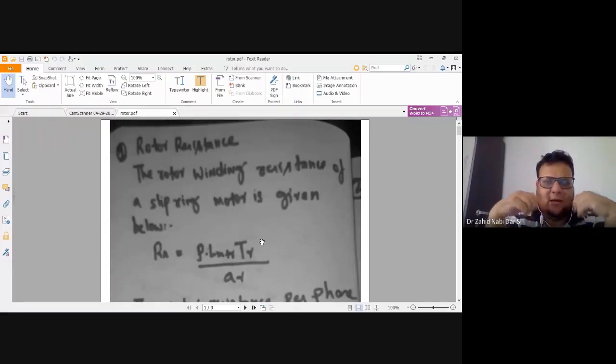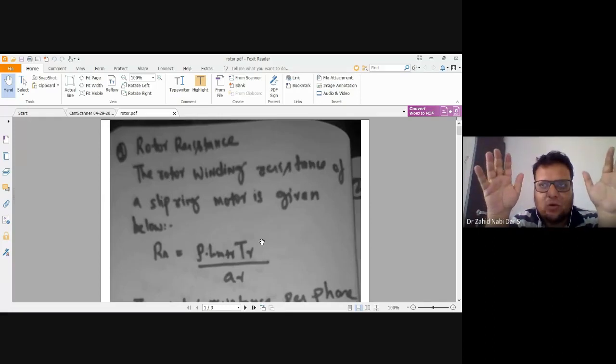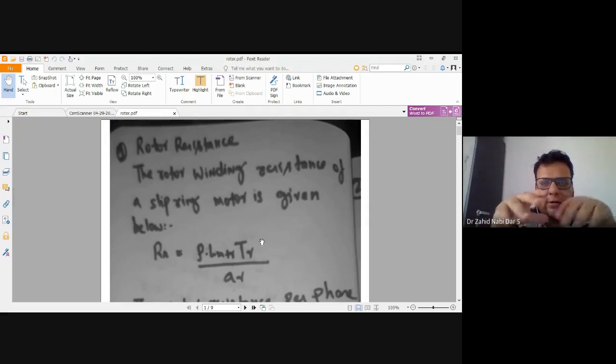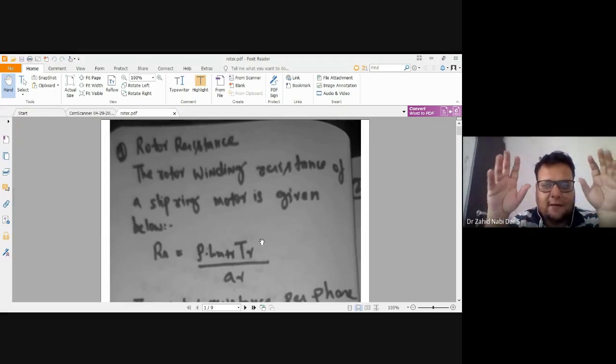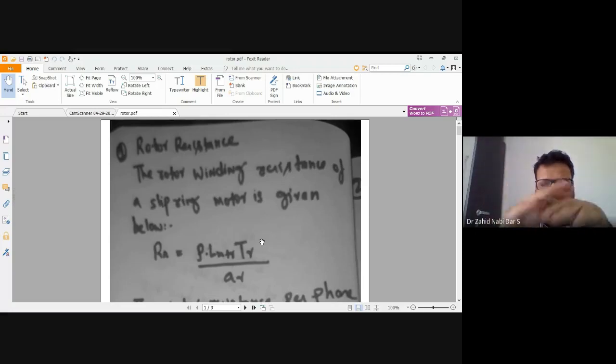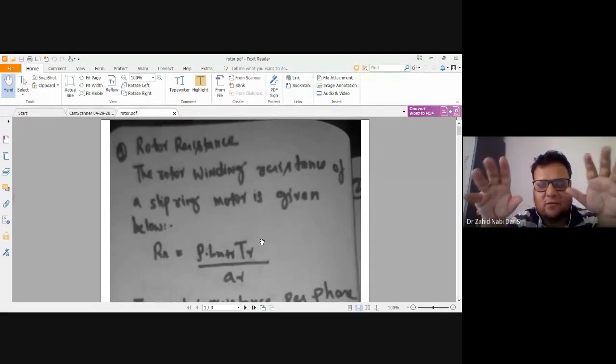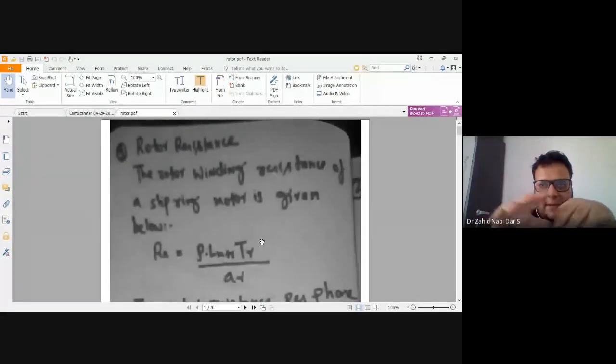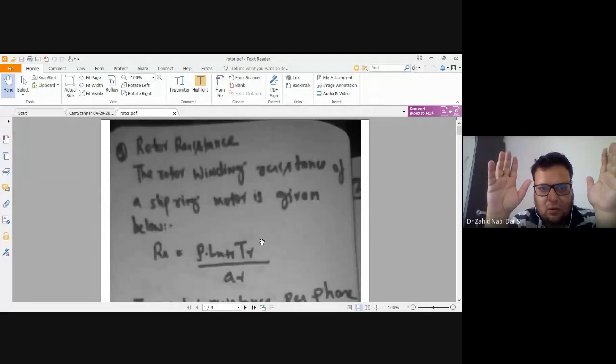Now, as far as the losses are concerned, we have passive elements like resistor, inductor, and capacitor. As far as the resistance is concerned, loss will only happen in the resistive element. Whereas if it is a pure inductance, then there would be no loss as such, but there would be a drop in voltage. In a pure capacitance also, there won't be any loss as such.